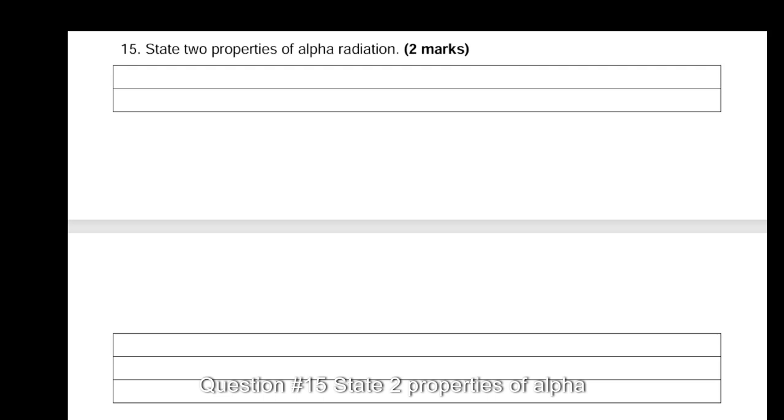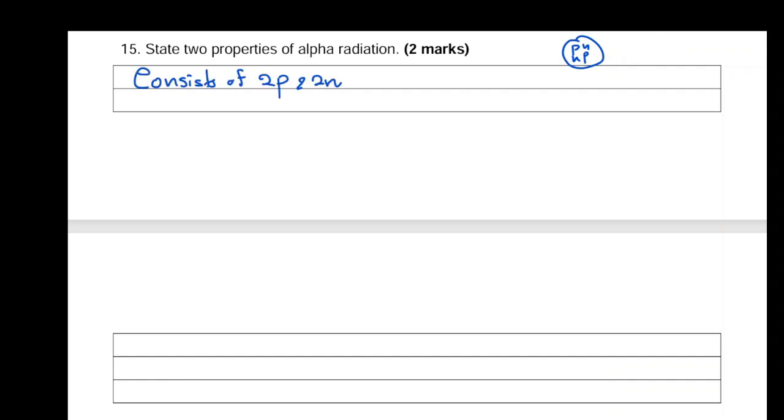Question number 15. State two properties of alpha radiation. Now, alpha radiation consists of 2 protons and 2 neutrons, and they are identical to a helium nucleus. So let's write some of these properties here. Consists of 2 protons and 2 neutrons. This is identical to a helium nucleus,